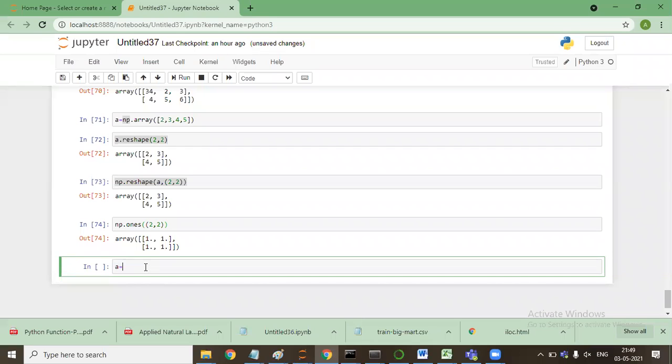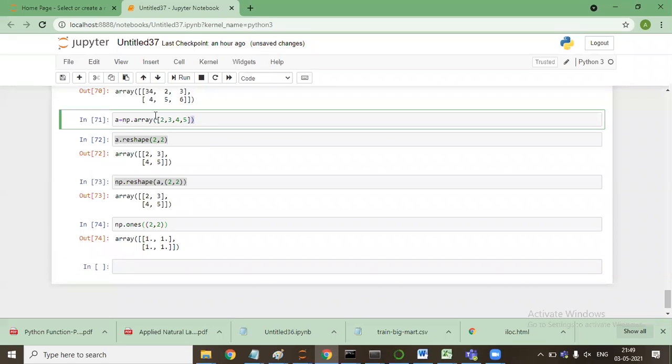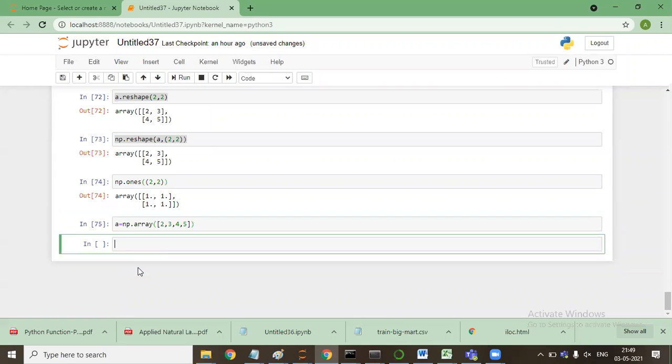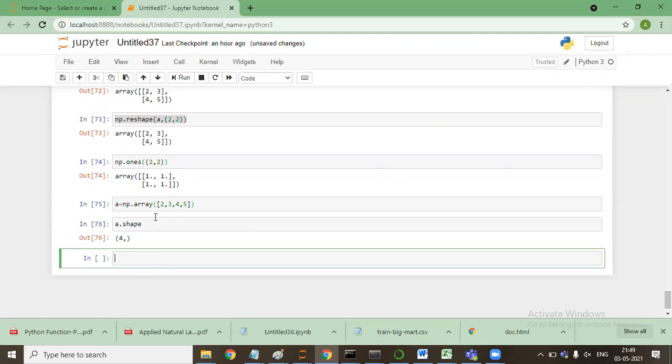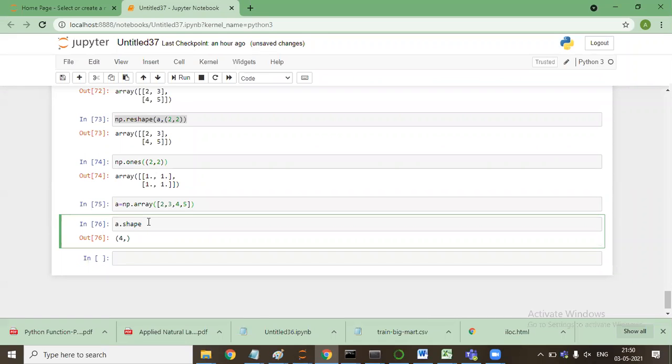Sir, can you explain 71 and 72 once again, please? If I say A is equal to np.array of 2, 3, 4, 5, and then A.reshape, what is the shape of A now? It is 4, these are the 4 values only.